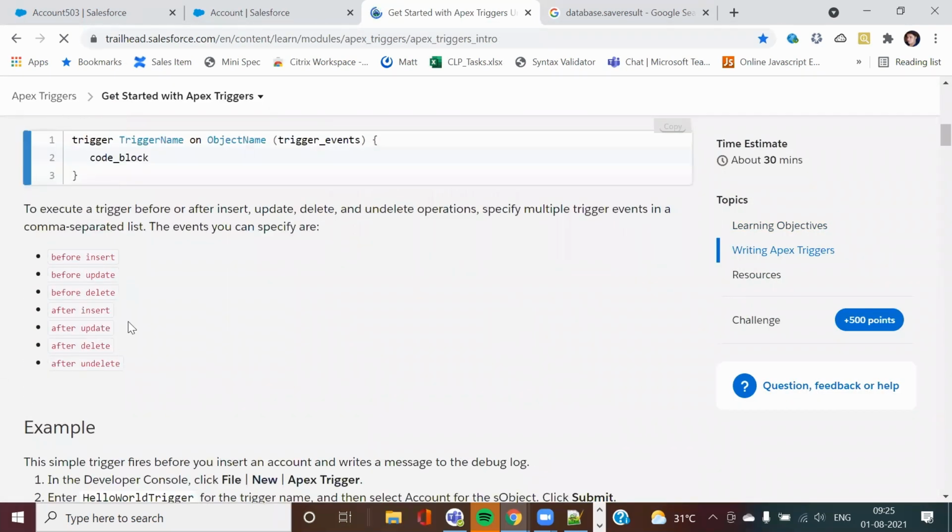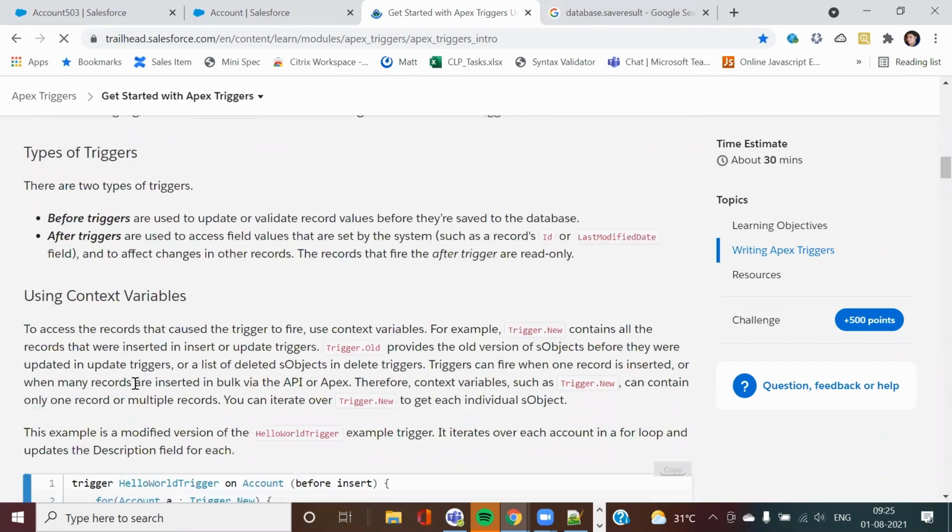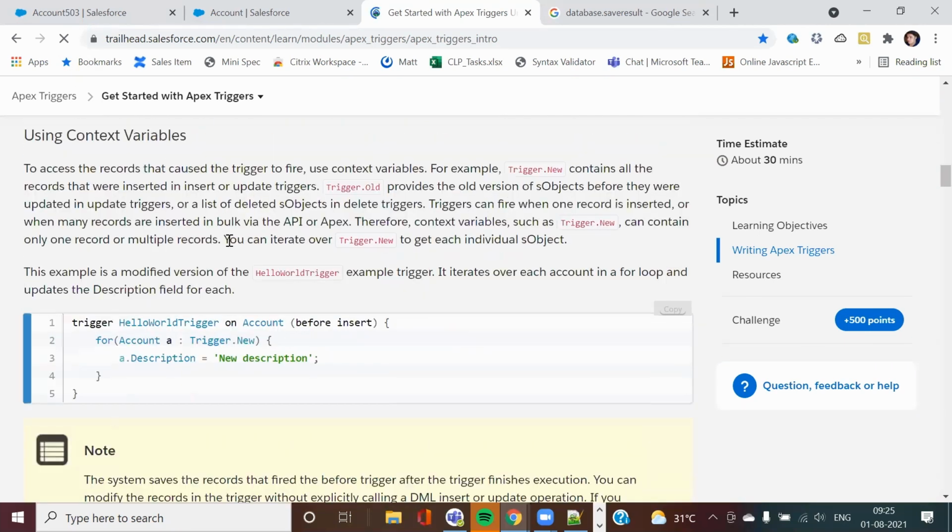So this I covered. Trigger events I covered with you already, and types of trigger also. This one I'm talking about is trigger context variables. Always remember one thing: when my account record is inserted, only then will I have the ID. The ID part comes into your after triggers. In before triggers you won't have the ID, because the record has not been committed to the database. In an after trigger, it has been committed, so I get the ID, and using that ID on the account object, I am able to perform the operation on my opportunity.